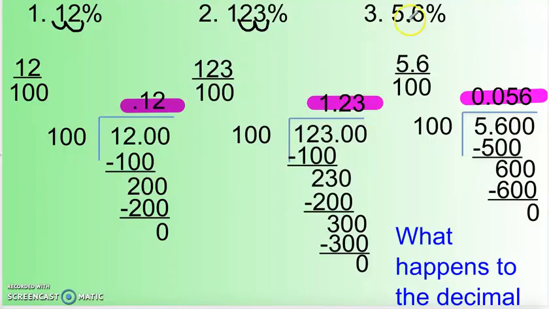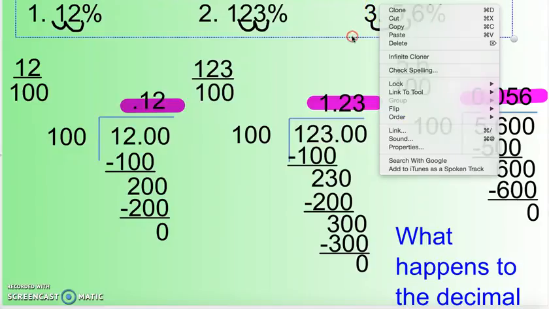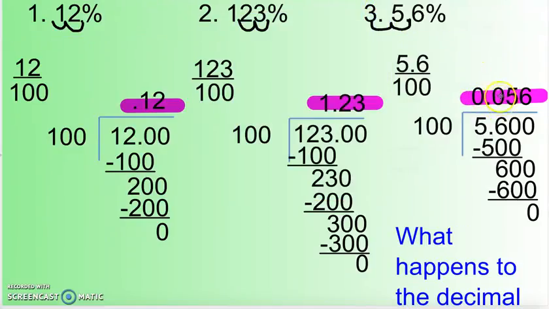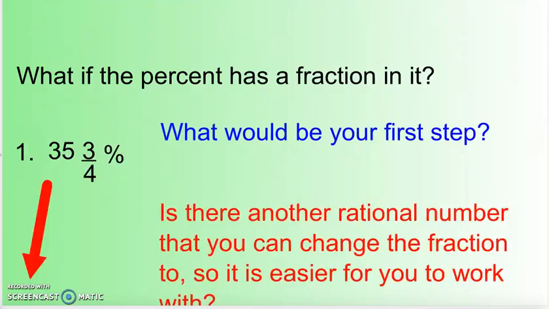1.23 now. And then this one I moved it to the left. But notice this one has an empty space. And so that is where that 0 came from. This 0 right here is that empty space. I'm filling it in with a 0. And so it's 0.056. And so when you divide by 100, that's what you're doing, is you're moving the decimal point to the